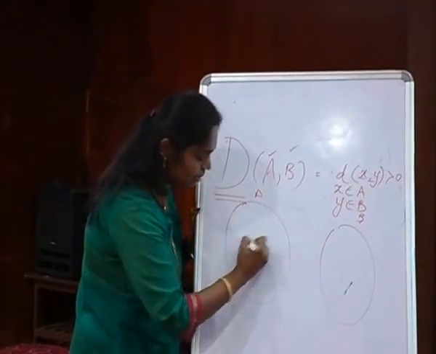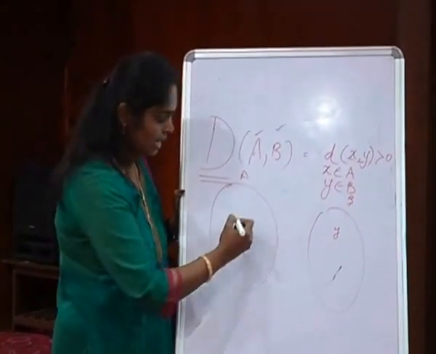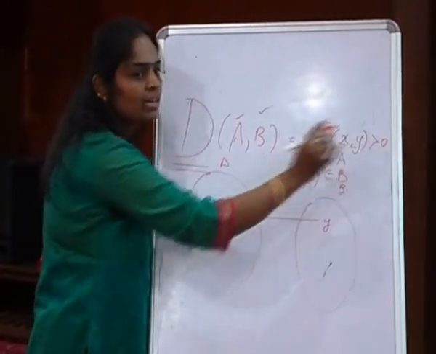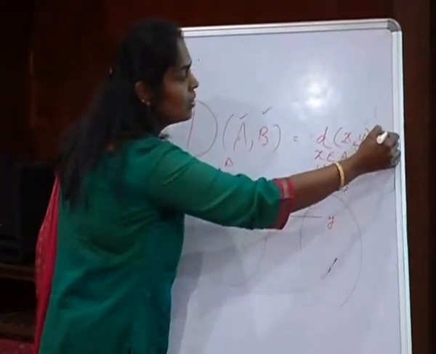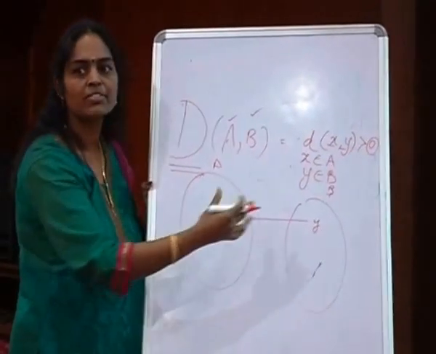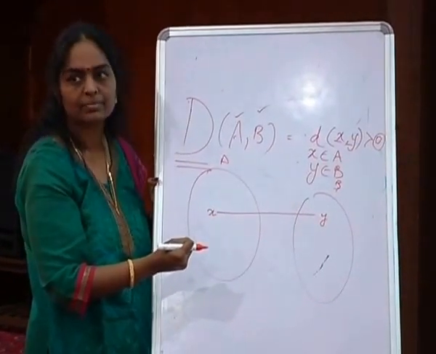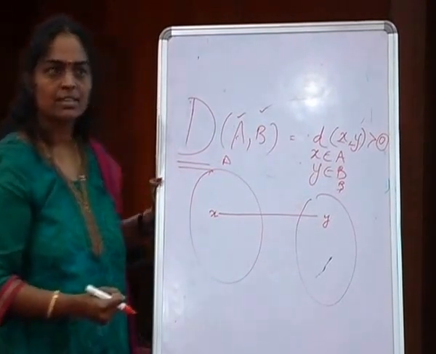I have a data point x here, I have a data point y here. I am finding the distance. If it is going to be greater than 0, I have a relation there. Now this 0 is my value which I have to specify to merge the clusters. Is it okay? Yes? I'll repeat it.